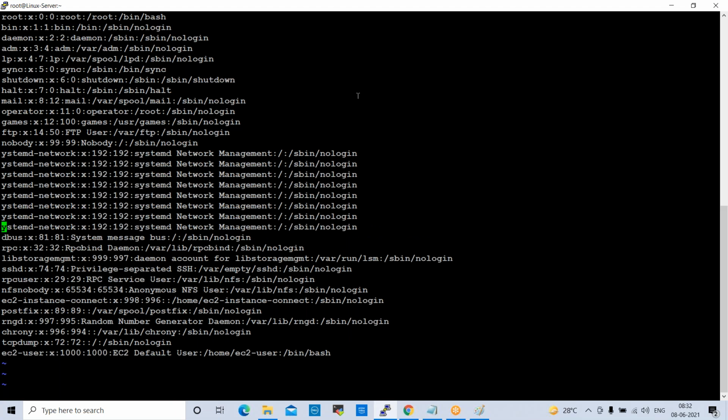Next, I will come out from here once. If you want to come out from here, shift plus colon. If you want to save this, w. If you want to quit this, q. I don't want to save this because I modified something. If I save this file, the file will be corrupted. So that is why I want to come out using quit, shift colon q.